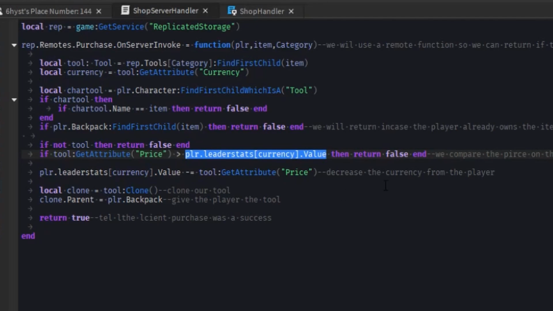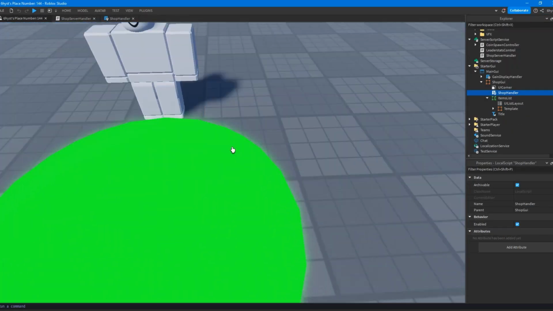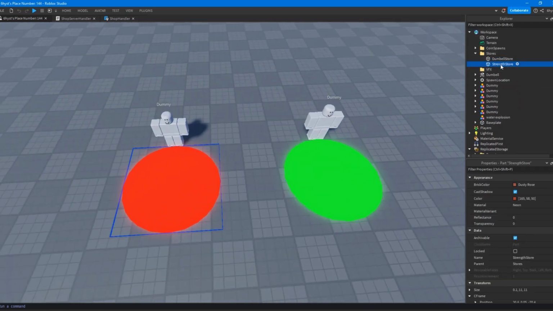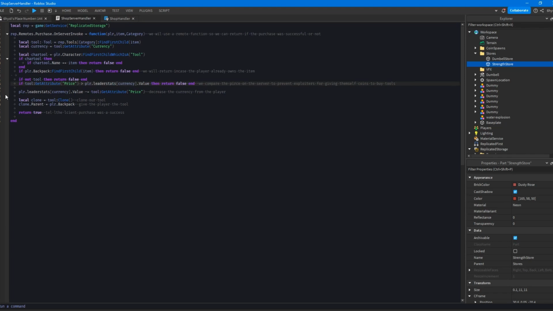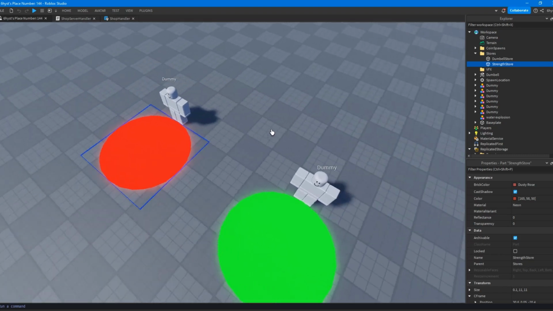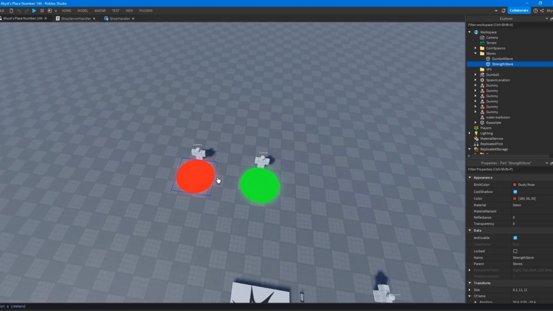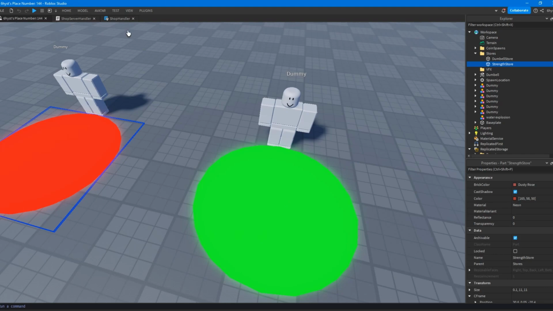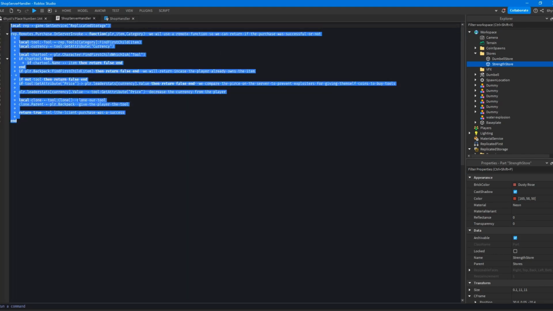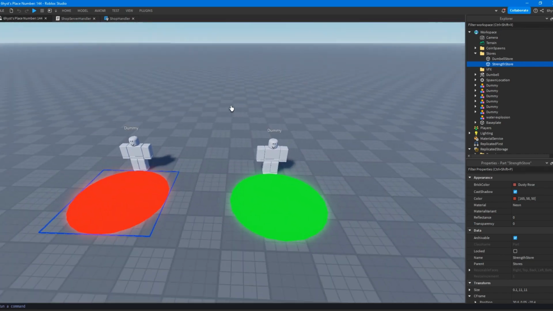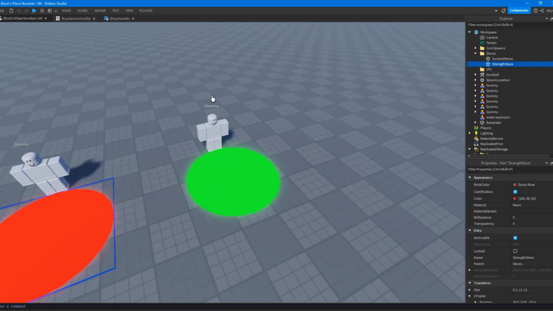Alright, and the next thing that we could theoretically do is have a sanity check to make sure that they're within distance of one of the stores at least. We can do this by looping through the stores and checking the player's HumanoidRootPart magnitude with each store, and if they aren't within distance of one of them at least, then we can return false. Or we can check to make sure that the player is within distance of the store that they're trying to use. In this case, my game isn't really made for me to make that sanity check too easily, so I'm not really going to do that in this video, but it's an example of something that you could do in your own game to prevent